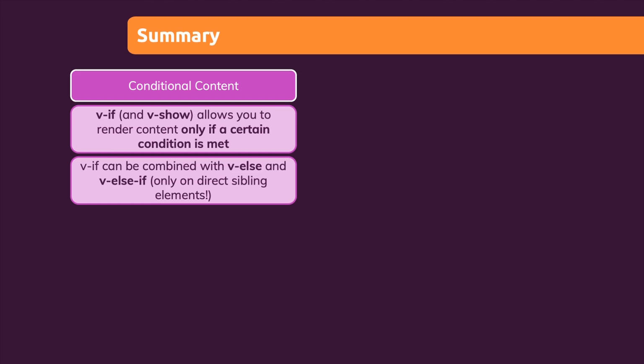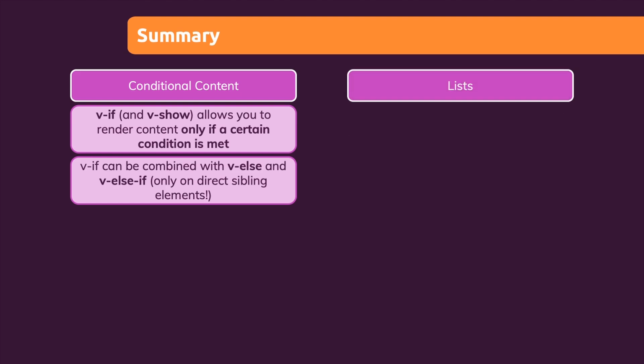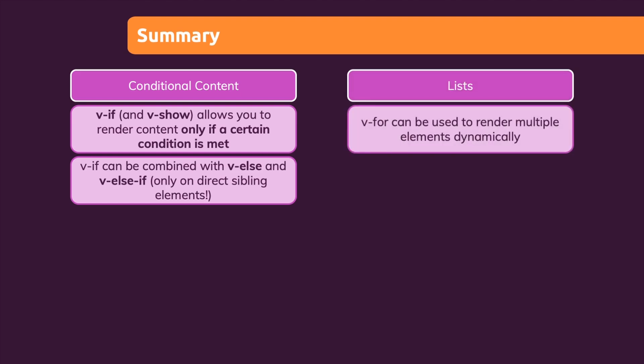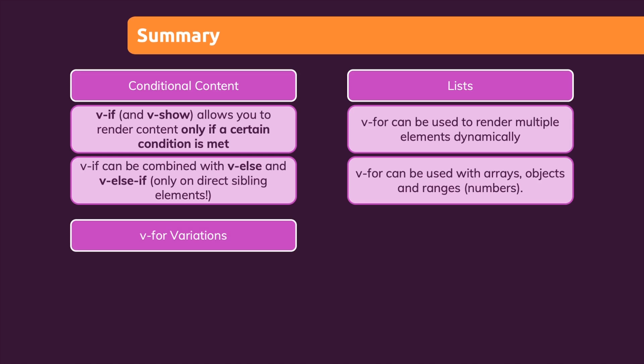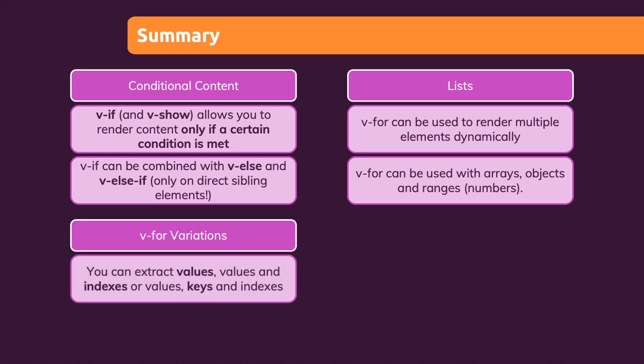We also learned about lists and outputting lists of data. For that, we have the v-for directive, which can be used to render multiple elements dynamically. And you learned that v-for can be used with arrays, with objects, and also with ranges, so with numbers. We also had a couple of variations there. For example, you can extract values, values and indexes, or even values, keys, and indexes if you're working with objects